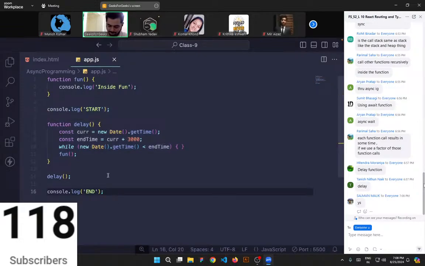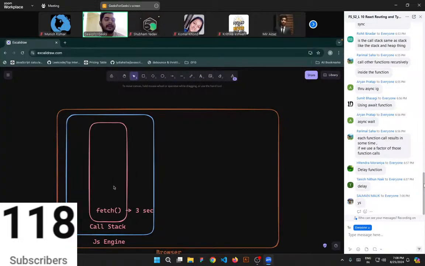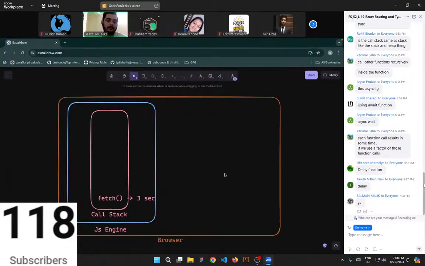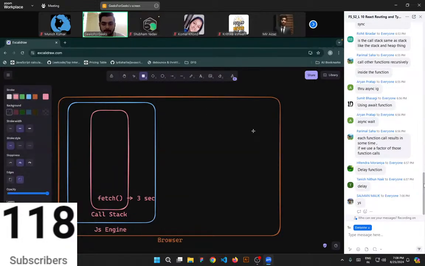So there has to be something else which should solve this problem, because in JavaScript there is nothing which exists which can create a delay without blocking the main thread. You can't do that in JavaScript. So we need something from outside. We need something from the browser, because the JavaScript engine does not have anything to do that. So we need something from outside, and that outside thing is the browser, and the browser has a few utilities available,